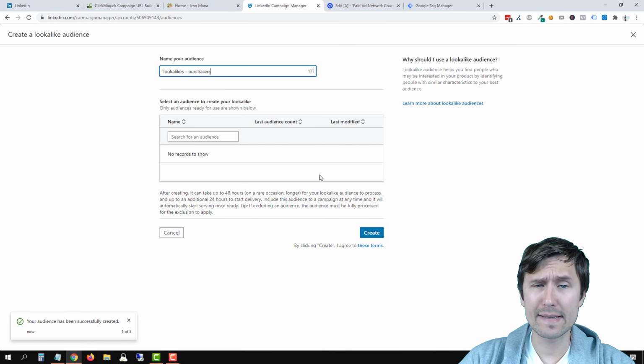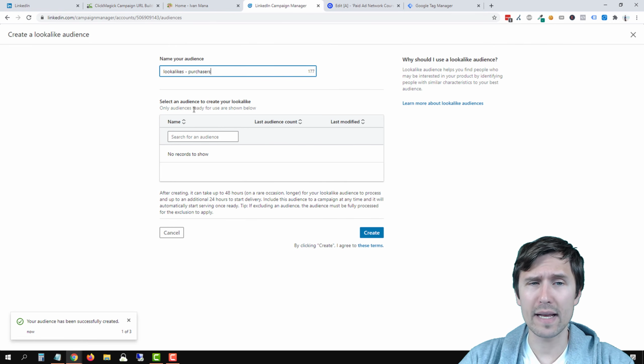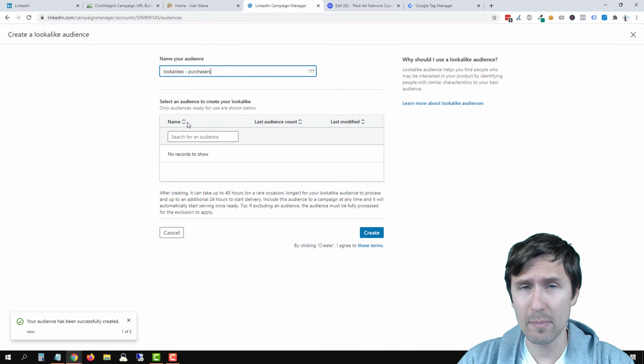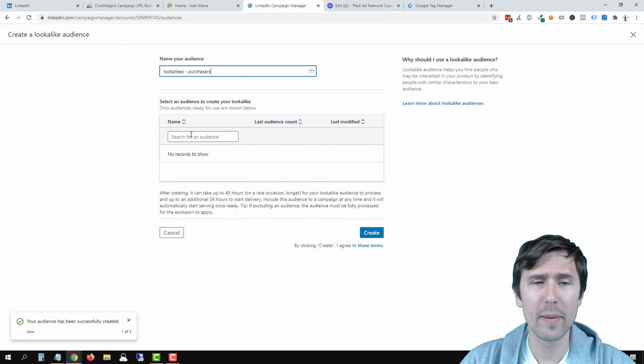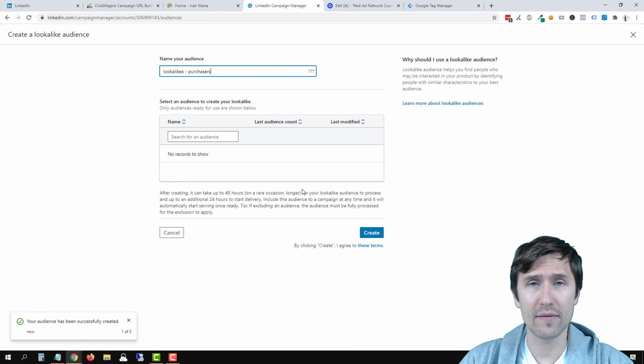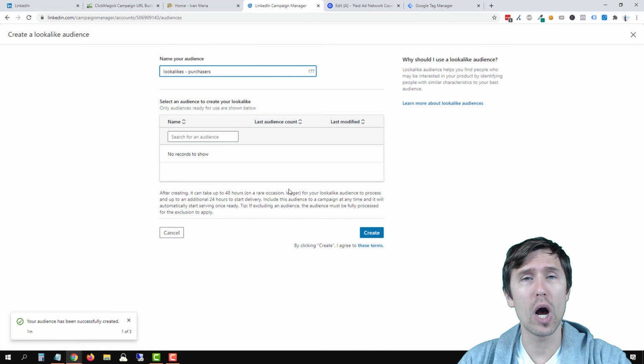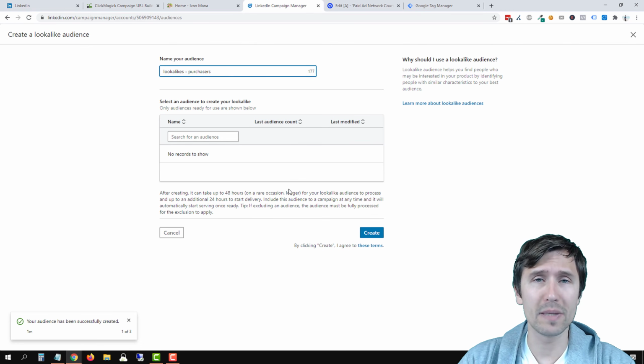And we can't select an audience here because it's not ready yet. Audiences have to have at least 300 people to be considered and to show up here. We don't yet because we just set this up. But once you have, for example, 300 people that purchased, or you import 300 people that purchased, you'll be able